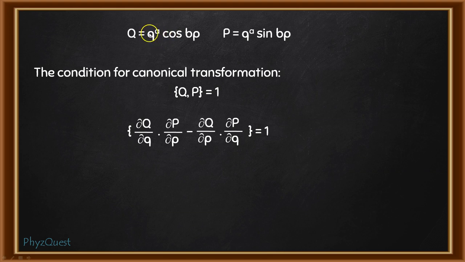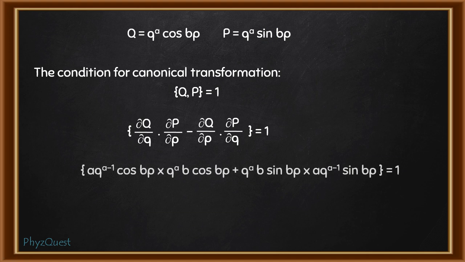So it will be a q to the power a minus 1, cos bp will remain same. So second term will be, it will be with respect to small p, so this term will change. So this will be q to the power a b cos bp. So ultimately this we can write, for this it will be a q to the power a minus 1 cos bp. This will be q to the power a b cos bp